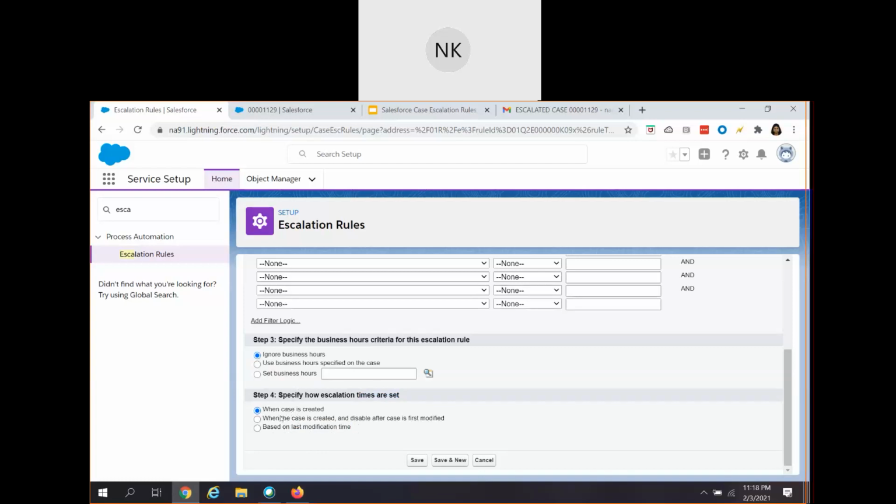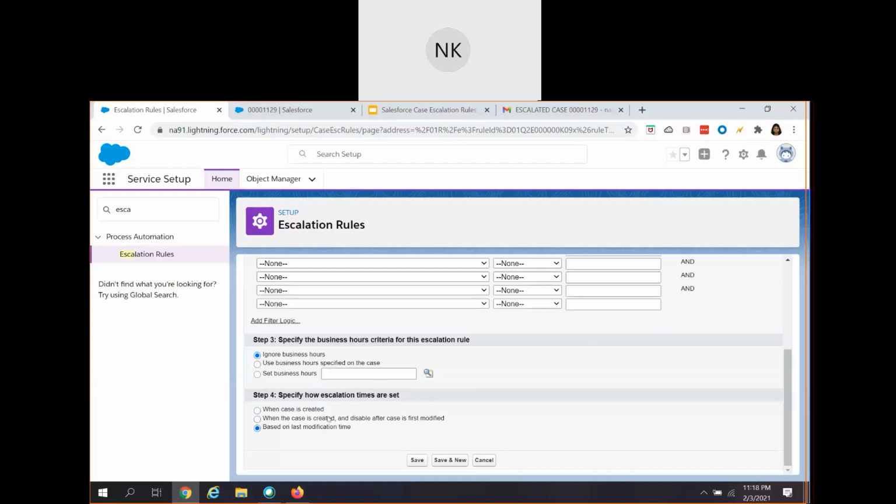So I'm choosing when a case is created. What is this, when the case is created and disable after case is first modified? It means that escalation starts when a case is created but stops when the case is modified. Based upon the last modified time, this means the escalation clock starts when a case is modified.